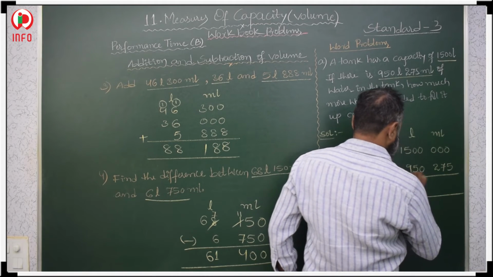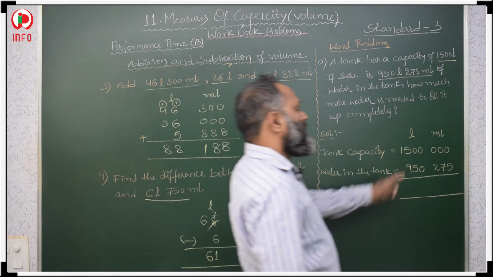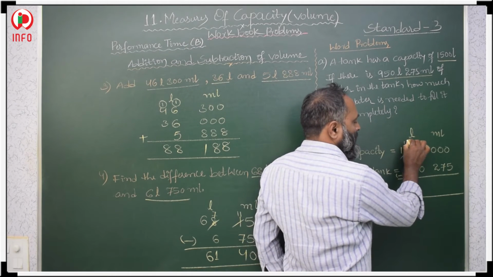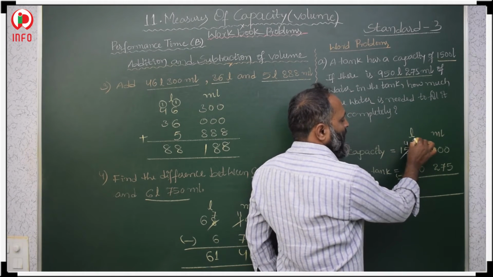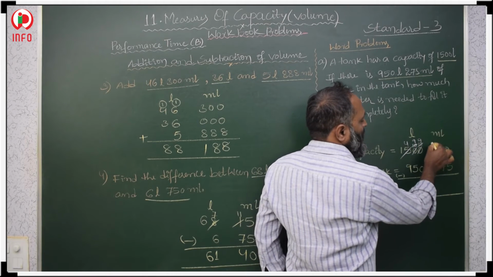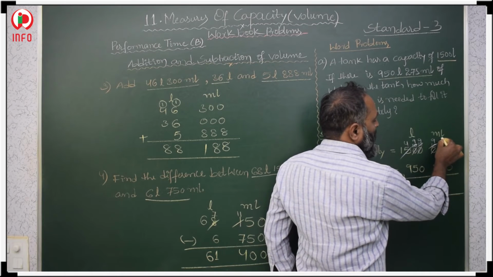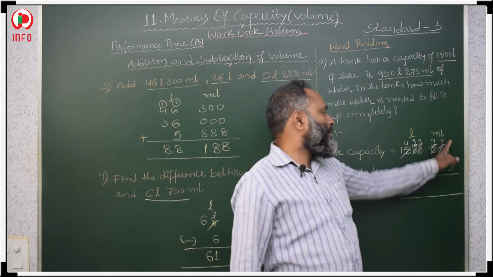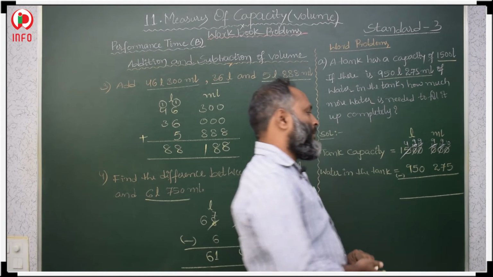Then subtraction. Then how much water is needed to fill the tank? So, all are zeros, so we take borrow from here. Here you will get 10, you will get 4 and here you will get 10. If again you take borrow, here you will get 9, here you will get 10. If you take borrow from here, you will get 9 here, you will get 10 here. If you borrow from here, you will get 9 and you will get 10. If you borrow from here, you will get 9 and you will get 10 here. Now, 10 minus 5, 6, 7, 8, 9, 10, again 5. 10 minus 5 is 5.